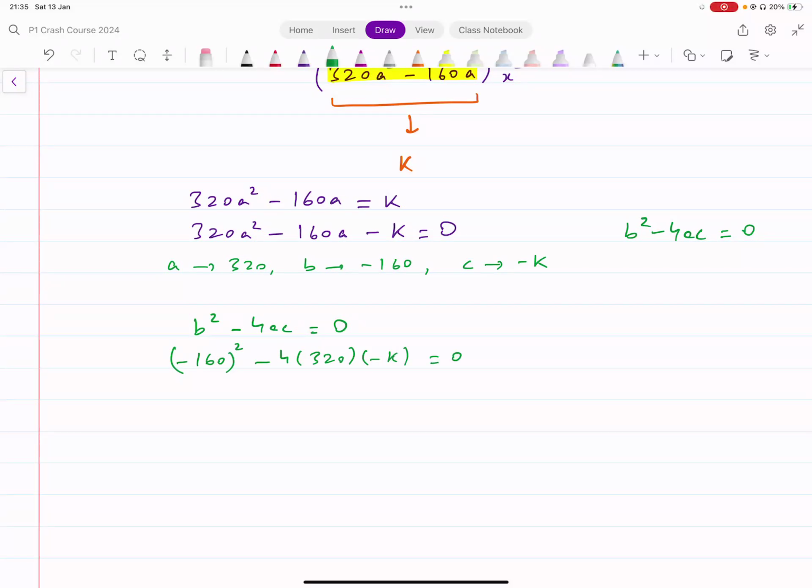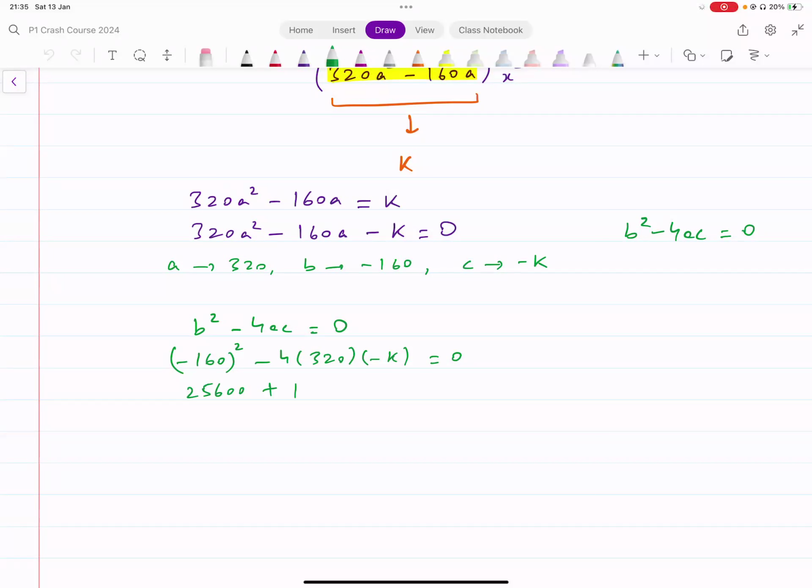Now we can simplify this. 160 squared, what's that? 16 squared is 256. 256, is that 2 zeros or 3 zeros? 2 zeros? Can somebody confirm what this value is? 25600? Okay, so 25600, that's what you get. Minus 25,600, and minus into minus becomes plus 4 into 320, that's